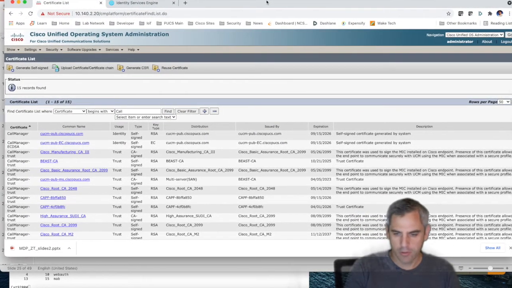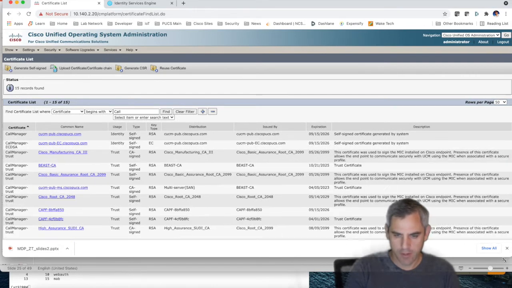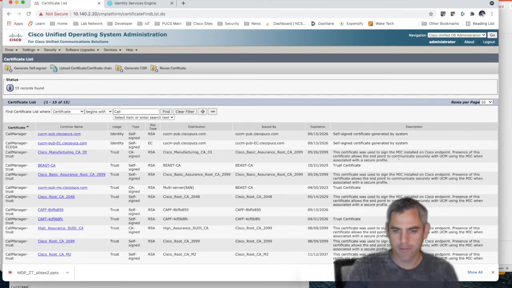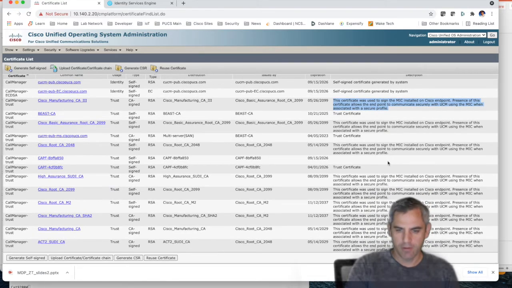But within your certificate management page, you'll see these descriptions here and which certificates were used to sign the certificate that was installed on the endpoint at manufacturing, also known as the MIC. So essentially what you'll do is everything that has a description that is relevant for the MIC, like this manufacturing CA certificate, this one, this high assurance SUDI CA certificate, all of these you'll want to click on,